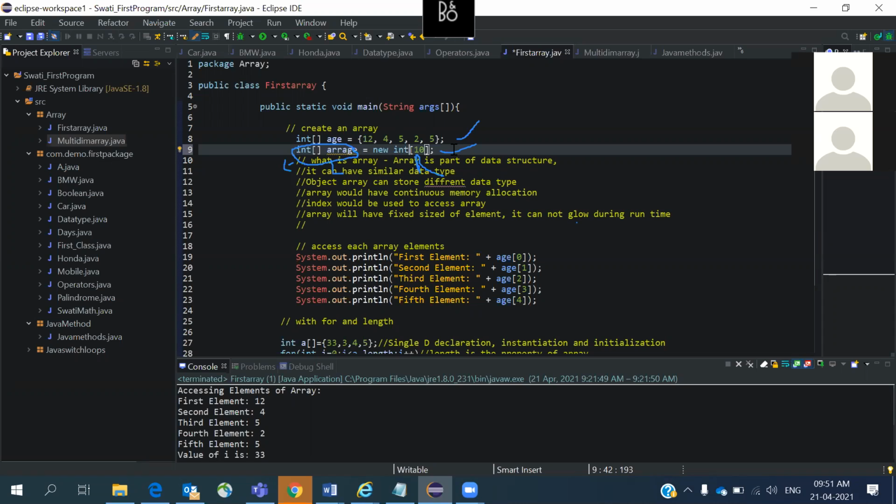Integer and array, I mean data type and declaration. Excellent. So this is called array declaration. So we are defining an array, the same way you define int a. You are trying to declare an integer array.